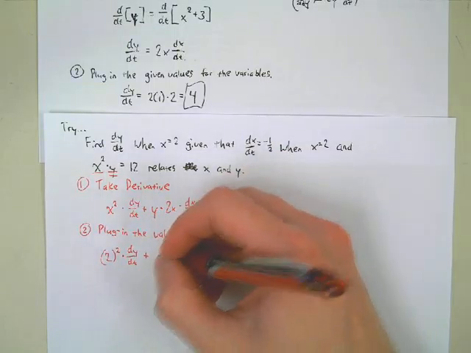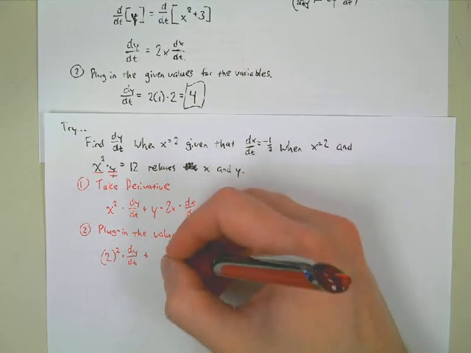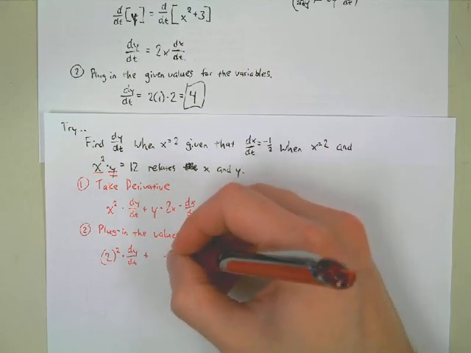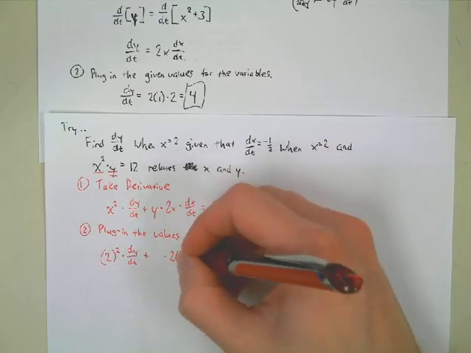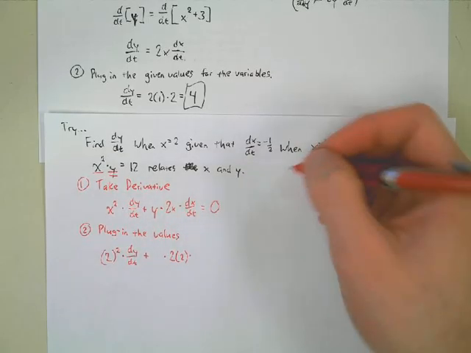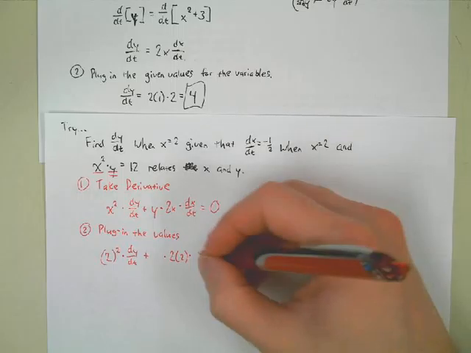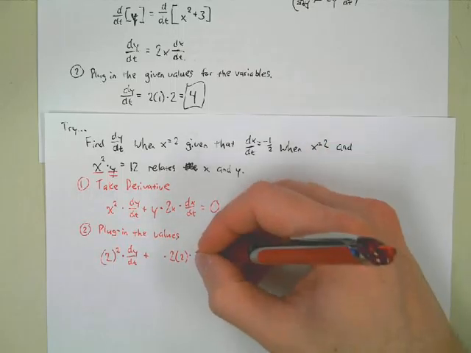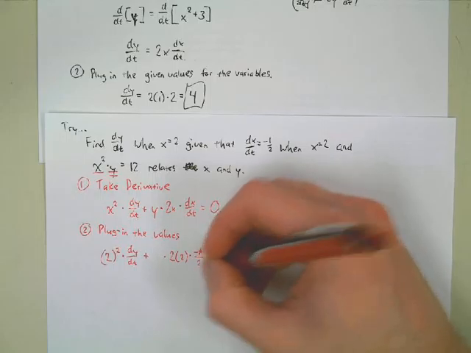Well, let's hold off on that. Let's see, 2x, so 2 times 2. And then what can you plug in for dx dt? Negative. Yeah, when x is 2, the rate of change at that instant is negative 1/2, and then equals 0. Now, if